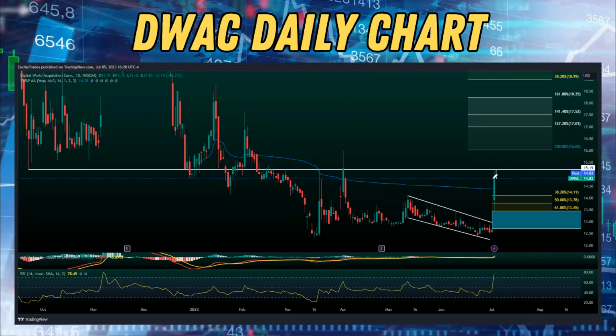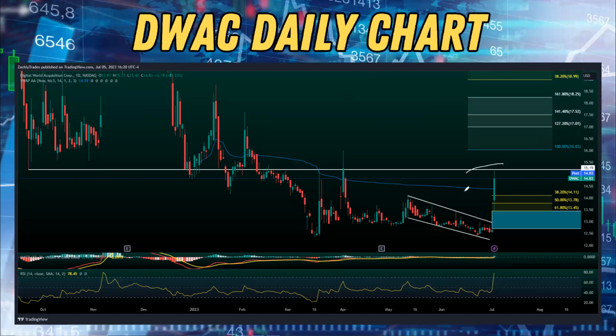Okay, before we saw a small little pullback. So you want to pay close attention to that area there. If we are able to break past and above 1519, there is the chance we could come up to 1603. All right, and above 1603, we would be looking for bullish price targets of 1701, 1752, 1825, and it's very